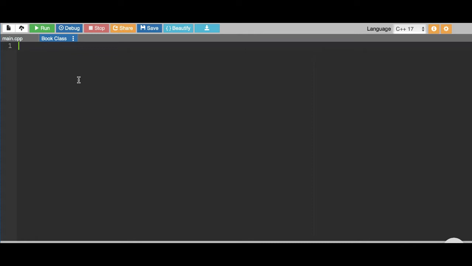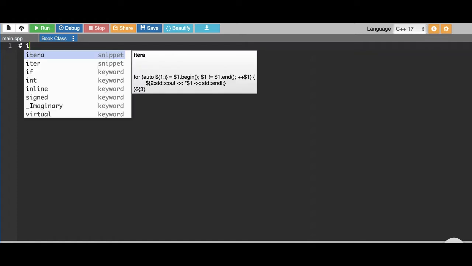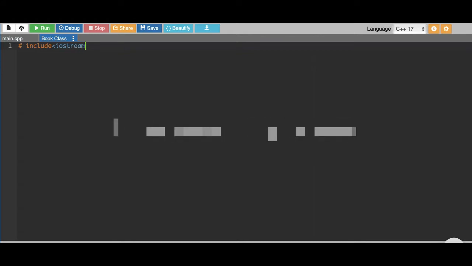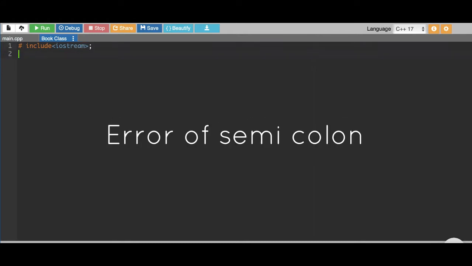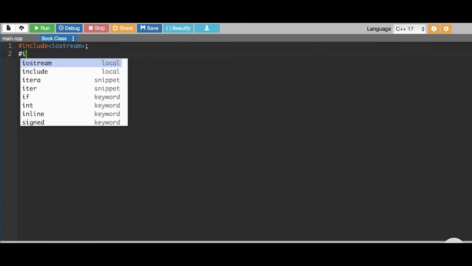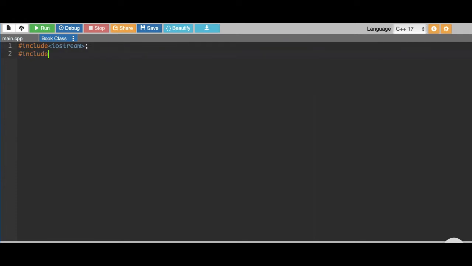The first thing that we will have to use is the hash sign include iostream. The second one we will include string also,